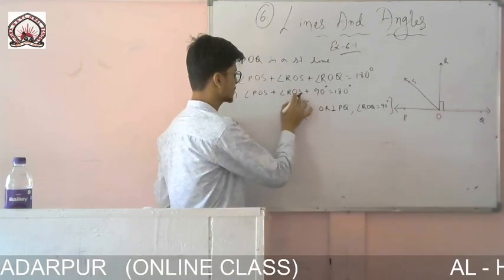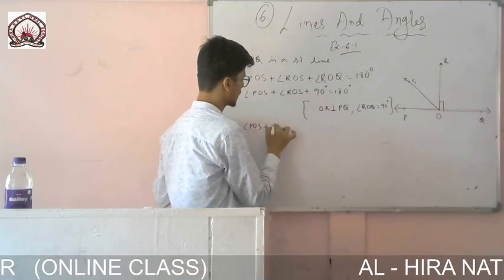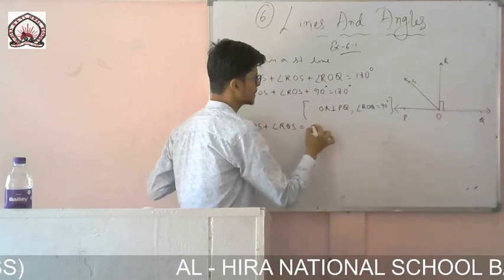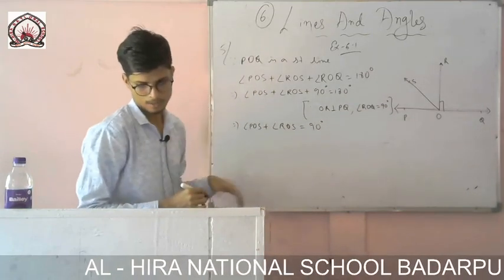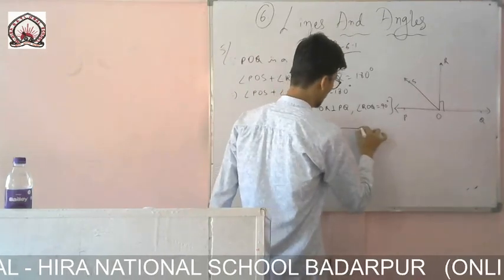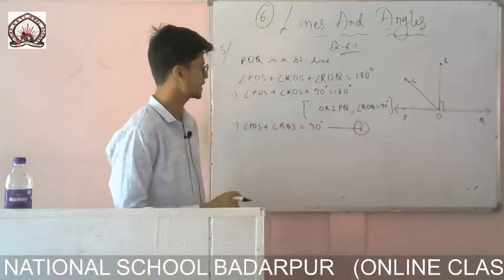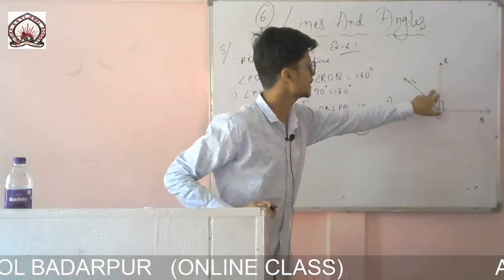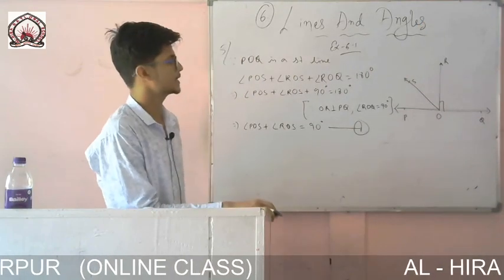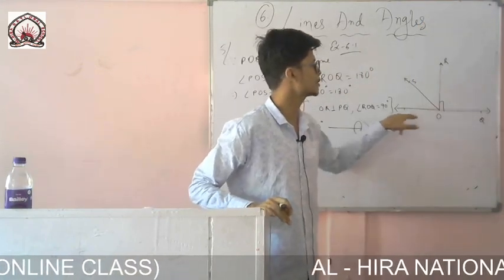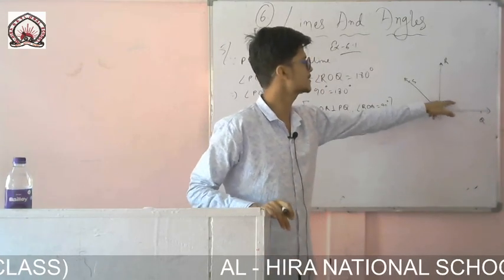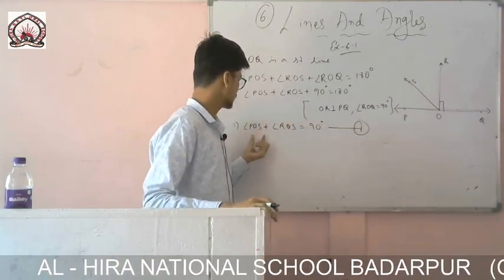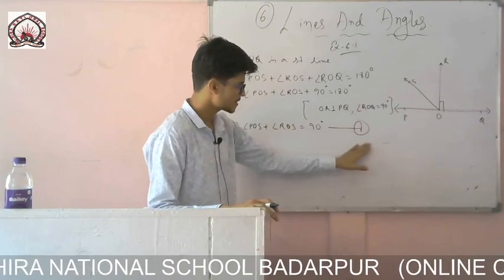So that means if I do the calculation, angle POS plus angle ROS will be equal to 90. If I take it here, 180 minus 90, that means 90 degree. This one I will give as equation 1. Okay, nothing I have done, just what is given in the question. First of all, I have taken this one as a straight line, that means this angle plus that angle will be equal to 180 degree. And in the question it is given OR is perpendicular to PQ, that means this angle measures 90 degree. So if this angle measures 90 degree, that means the other two remaining angles also measure 90 degree. So this one plus that one will be equal to 90 degree. So this is the first part.